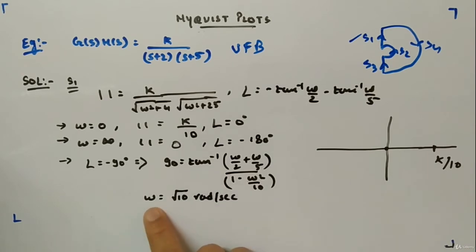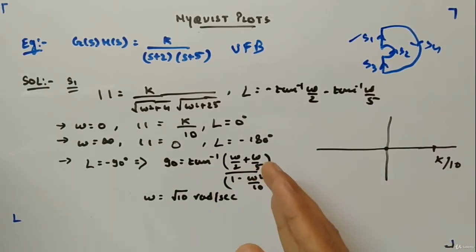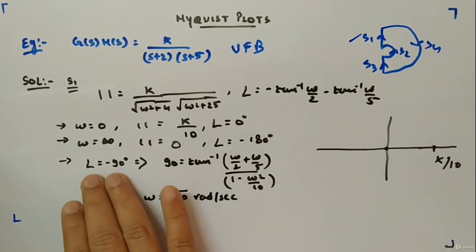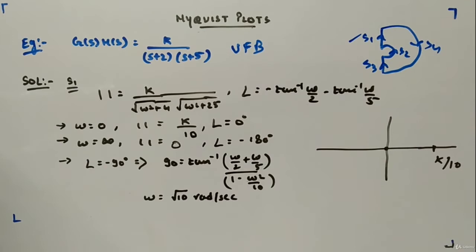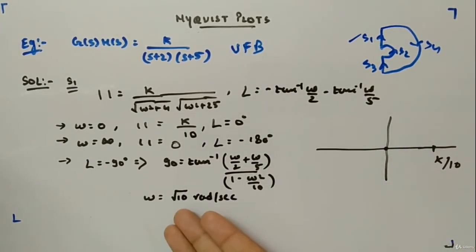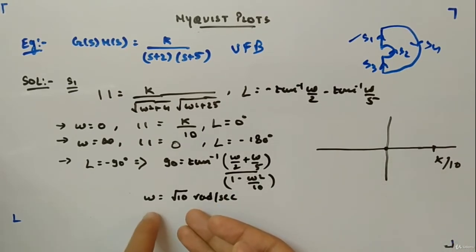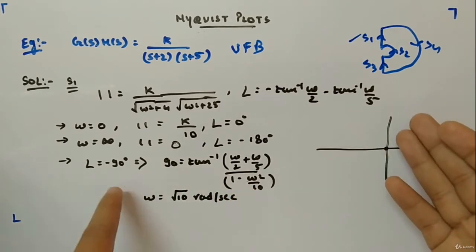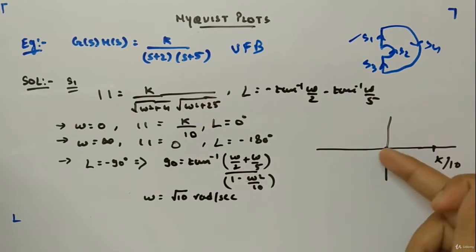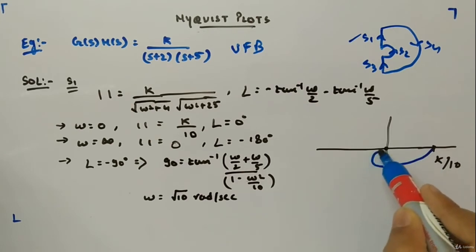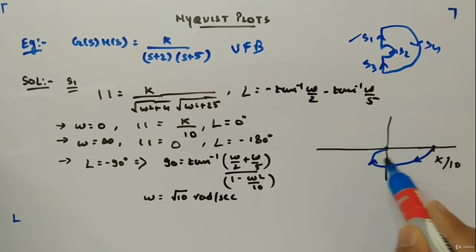If there had not been a value of ω, meaning it was undefined for this case, then I would have checked for −270 degrees. I checked for −90 and it came out to be a finite value of ω. If it had been undefined, I would have gone for −270 degrees, because either the curve will come like this or like this. Now I am sure that the curve will look like this. This is how the curve will look.